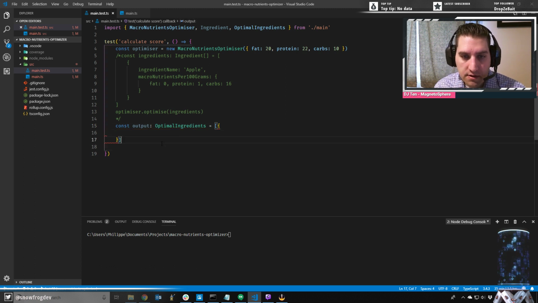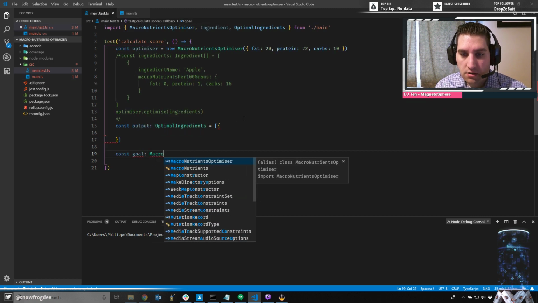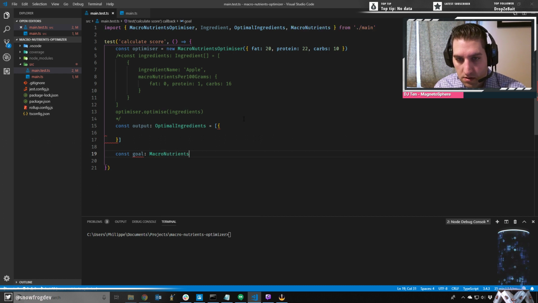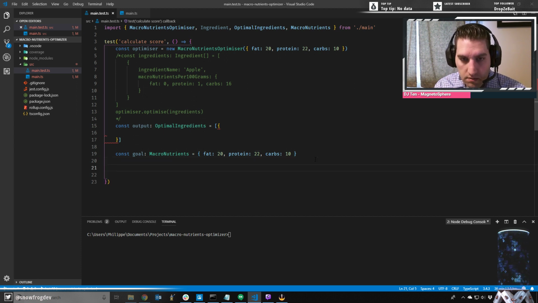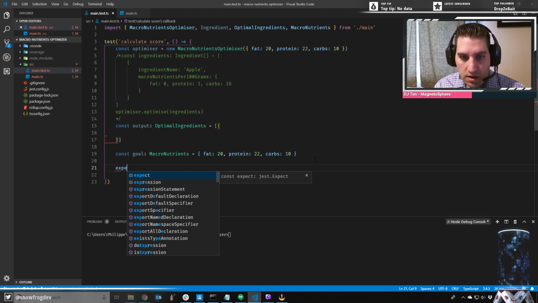So what we want, I'll fill this in later, but what we want, and this is, let's say, our goal. Our goal is simply of type macronutrients, right? So it would be this here, right? And then we'd expect that when we're calling